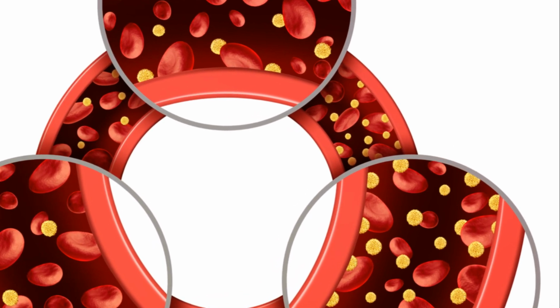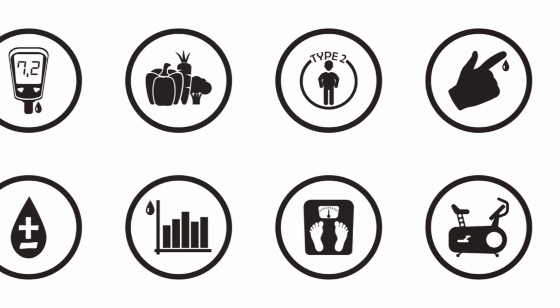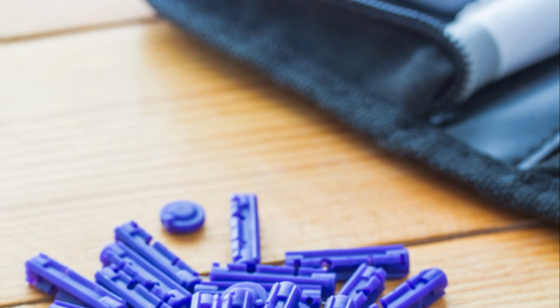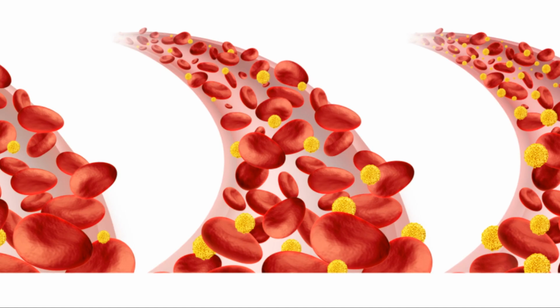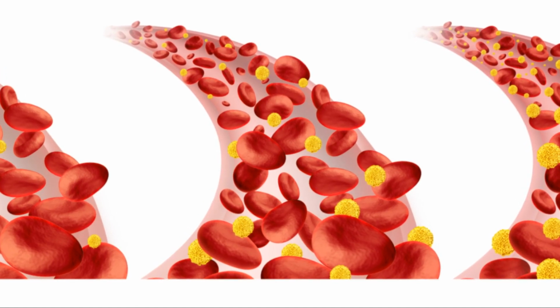Lastly, age and ethnicity can also influence the risk of developing glucose disorders. The risk increases as we age, and certain ethnic groups, such as African Americans, Hispanics, and Native Americans, have a higher risk of developing glucose disorders.